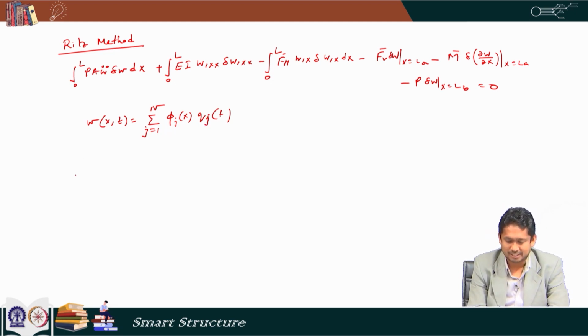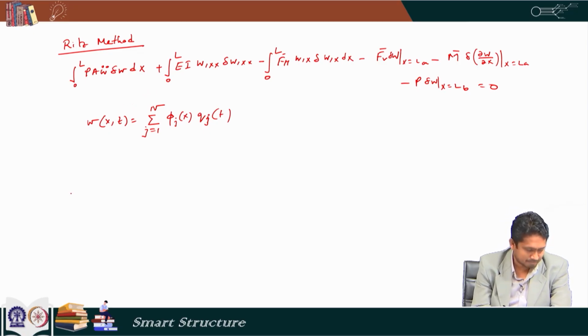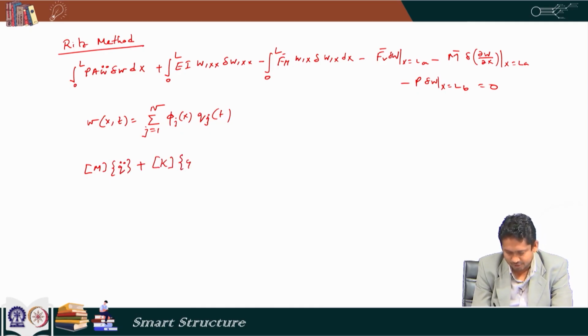So, again we follow the same procedure that we discussed for the Ritz method. We put everything in the virtual work equation, and then finally we get the quantities as a set of ordinary coupled differential equations which looks like this,